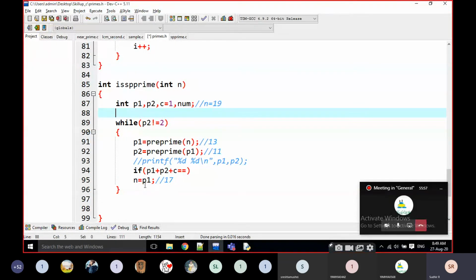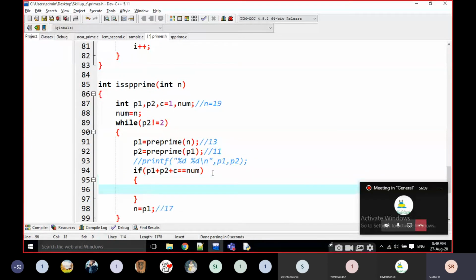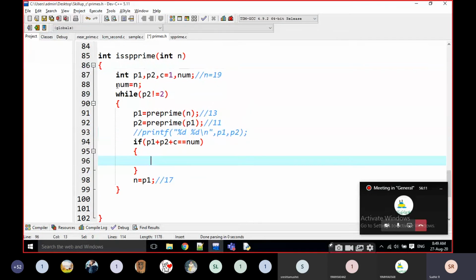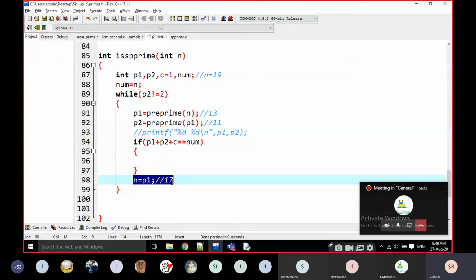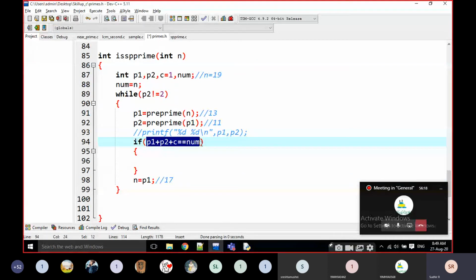That n is going to remain unchanged, and I am going to check like this. Why am I taking a copy here? Because I am always modifying the n value, so I cannot check with the original value. I cannot check p1 plus p2 plus p3 is equal to num. That's why I am taking one copy here, which is a copy of the original.